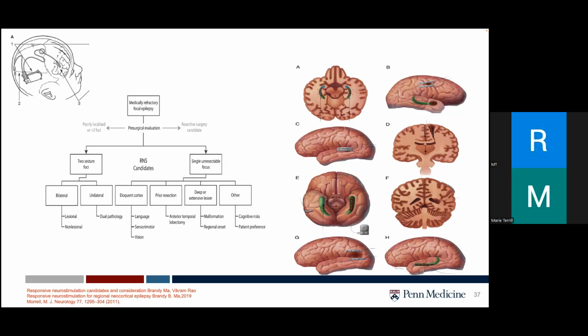I think the flexibility of the lead placements of the RNS also allows for targeting multiple different regions. I haven't shown it on this slide, but there was a recent multi-center study from Dr. Rao's group from UCSF, which evaluated 30 patients with regional neocortical epilepsy, where the leads were just flanking the seizure onset zone, and they did lead-to-lead stimulation. What they found in that study was, again, a median reduction of 75%. But importantly, they found that things like interlead distance and charge density did not have an impact on their surgical outcomes. Again, these findings indicate that the RNS system is effective not just for medial temporal, but also for regional neocortical epilepsies.